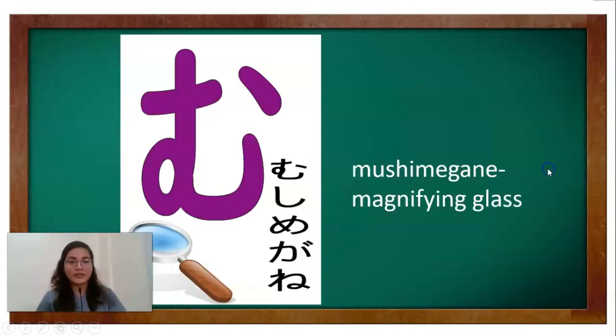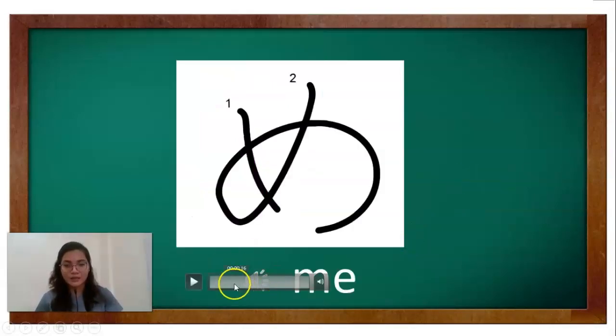Okay, here's an example word: Mushimegane. Mushimegane means magnifying glass. Okay, next up is